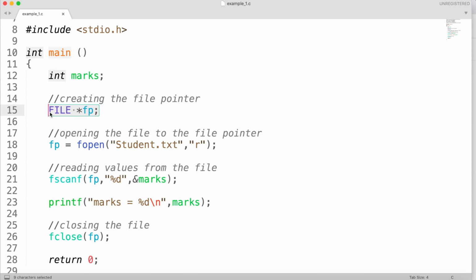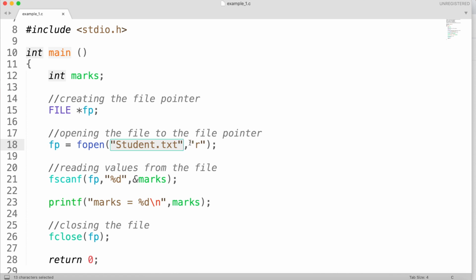The second step that you need to do in a C program in order to process a file is to open the file using the fopen command. The fopen command allows us to open a file using a specified mode. The fopen command takes two arguments. The first argument is the file path including the file name.